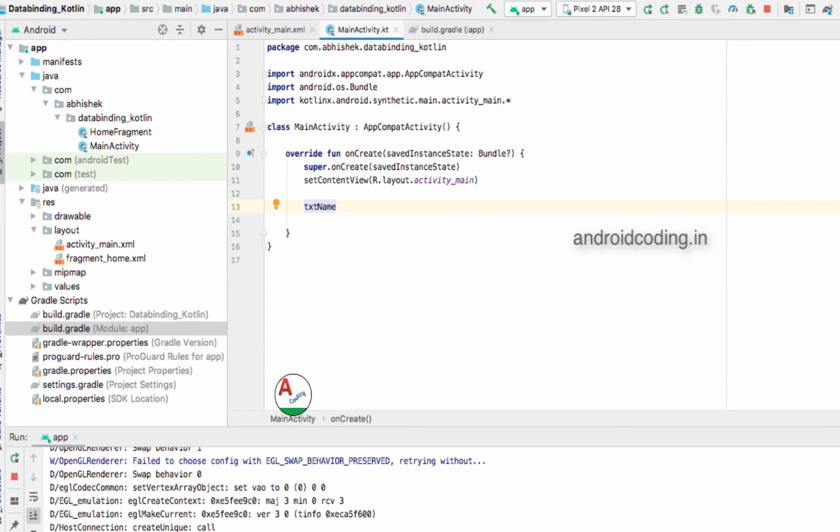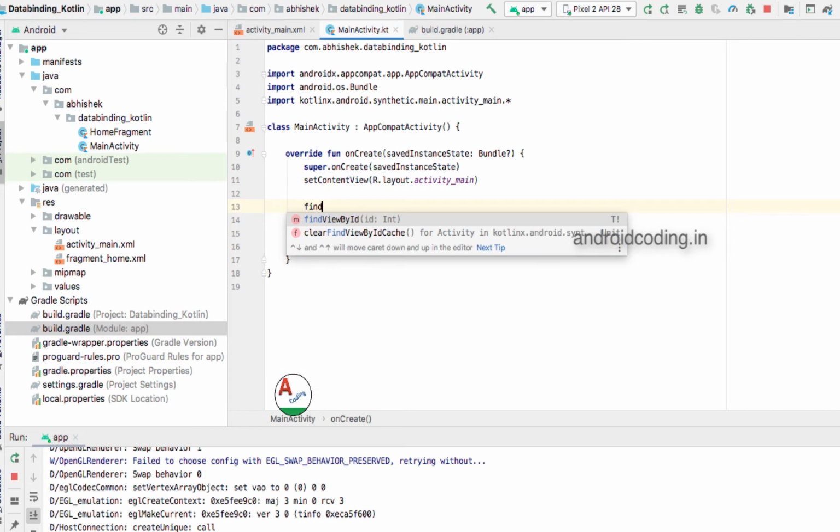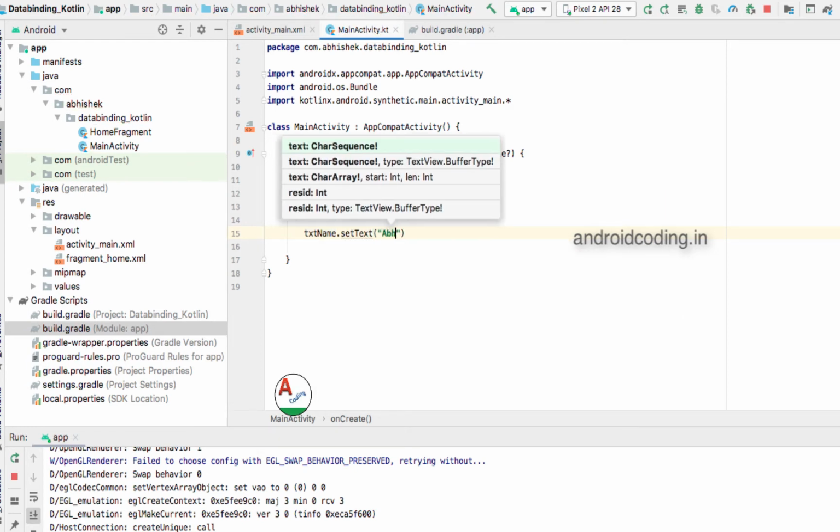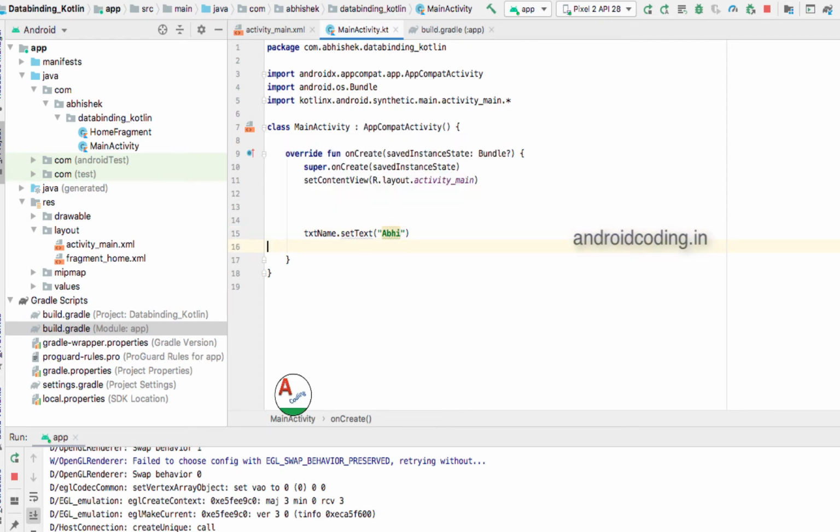So for any text view initialization we generally follow the scenario like text view find view by id. So yeah, this is the process we follow for initializing text views, but without following any of those initializations we can directly get the text view, avoiding the boilerplate code. So here you can simply write the name, and as it's Kotlin we don't require any semicolon, and email is the same thing.